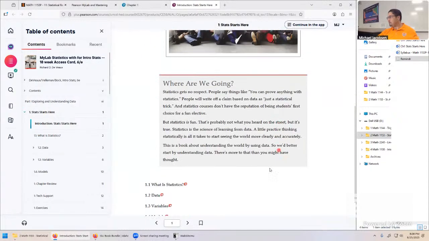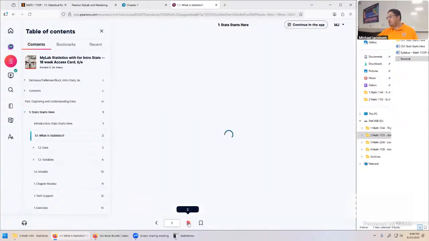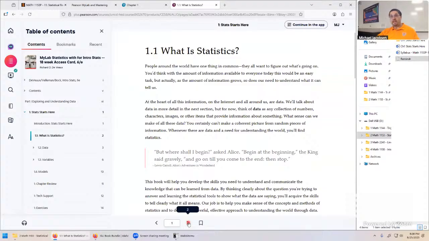So if you're doing the reading for the class, pretty much you're just scrolling through here, reading these yourself. You can pair this with an audio book, so connect headphones if that works a little bit better. Clicking right takes you to page 2, and so on. This is the reading.